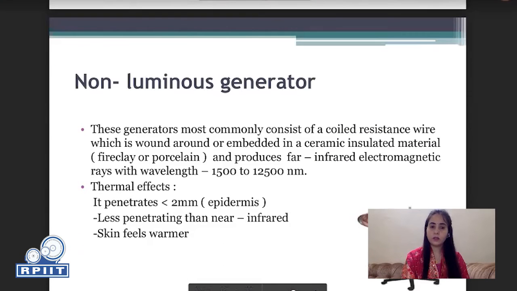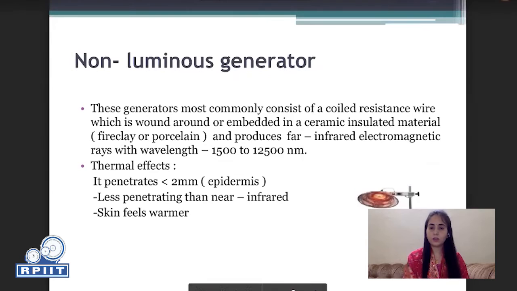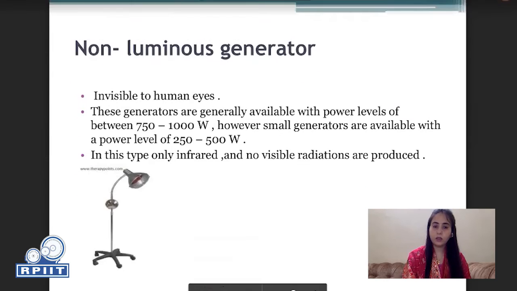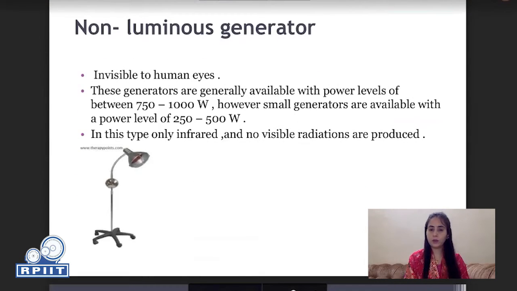Second is non-luminous generator. These generators most commonly consist of a coiled resistance wire which is wound around or embedded in a ceramic insulated material and produce far infrared electromagnetic rays with wavelength 1500 to 12,500 nanometer. Non-luminous generator is also invisible to the human eye. These generators are generally available with power levels of between 750 to 1000 watt. However, small generators are available with a power level of 250 to 500 watt. In this type, only infrared and no visible